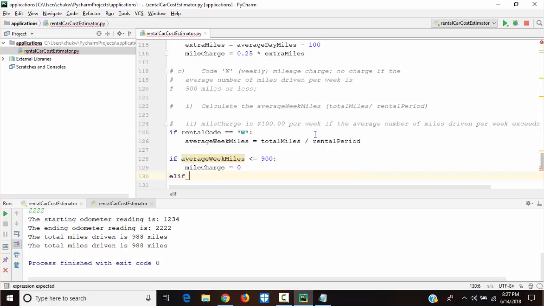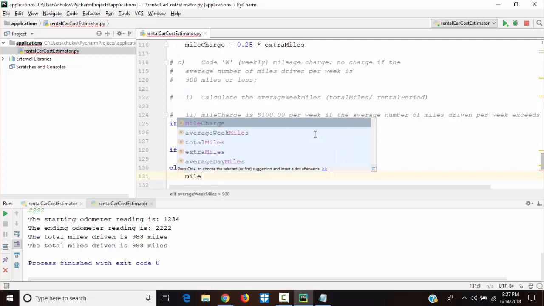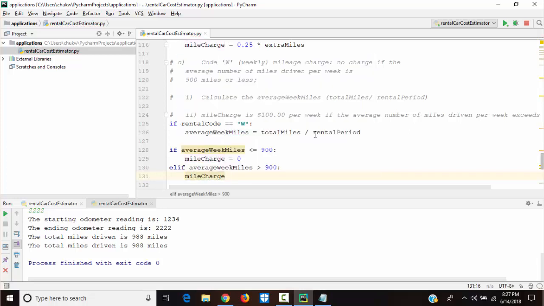Else if average weekly miles is greater than 900, what should happen then? mileCharge is $100 per week, and the rental period is how many weeks? So that would be 100 times rental period, because it's $100 per week.